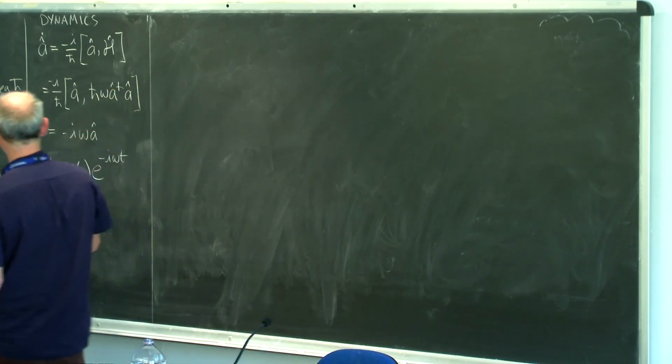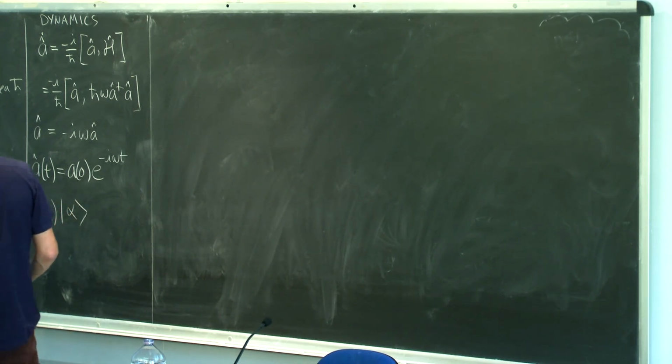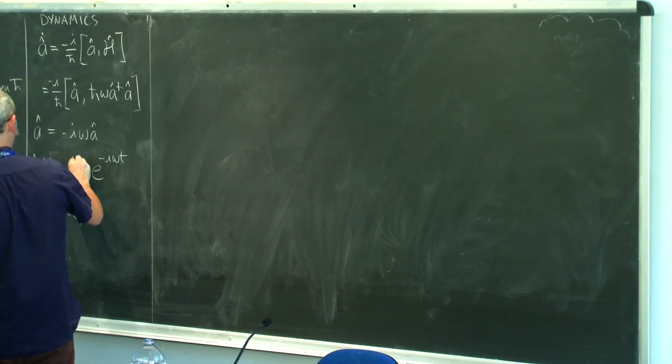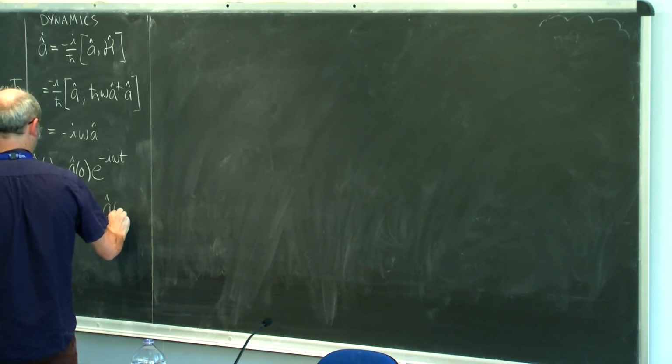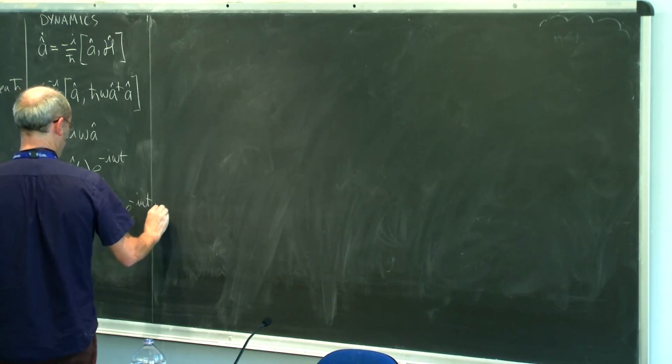So what this means is that if I consider the action of the time-dependent operator on a coherent state, well, I can just copy from the line above. This is A of 0 e to the minus i omega t acting on the